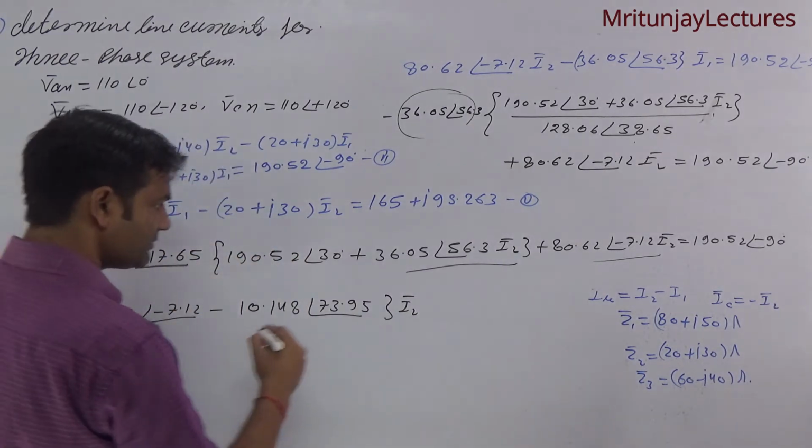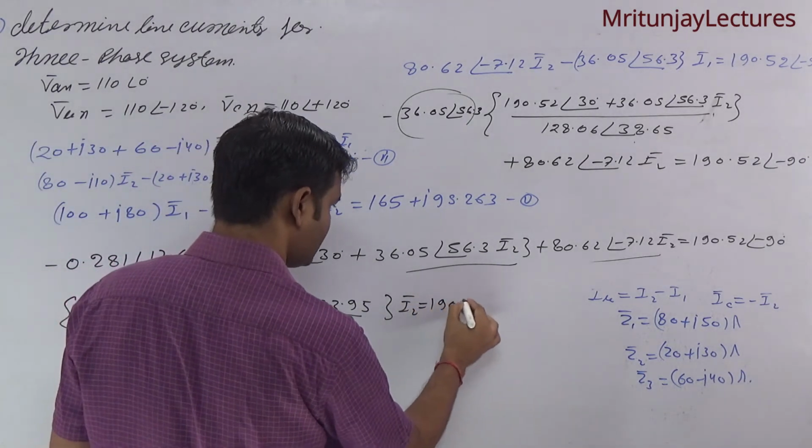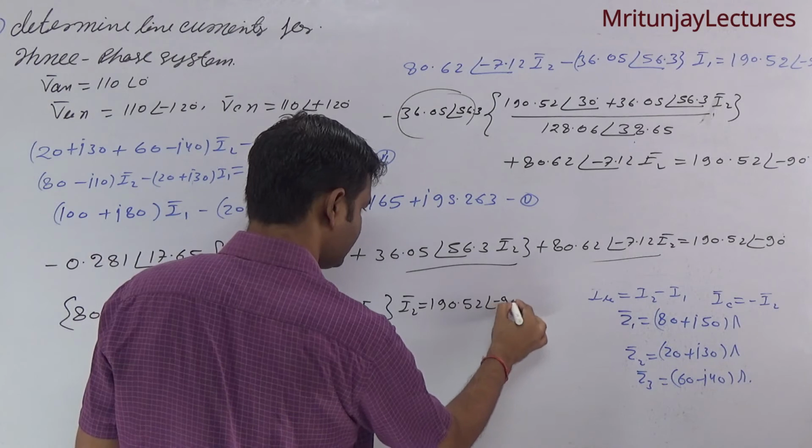Okay, this is equal to 190.52 at the angle minus 90